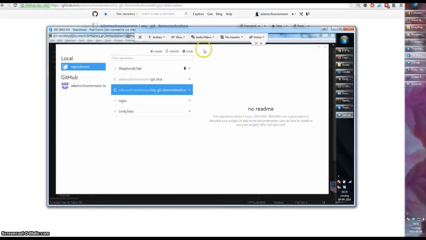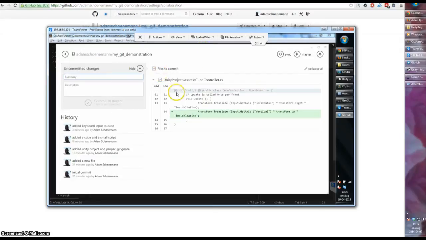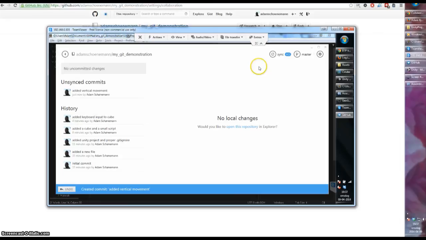And inside GitHub I can see my new change. So I can go "edit vertical movement," if it registers that. So now I'm going to commit these changes, and this is all from another computer than what I started on, right? It's another user. So "edit vertical movement" and commit that to master, sync it to the remote repository,